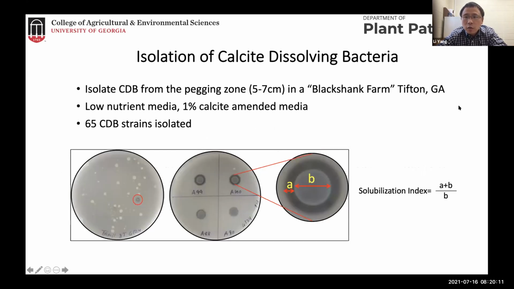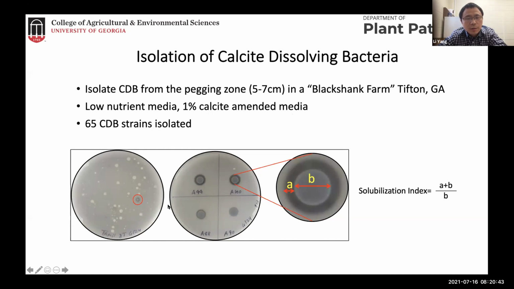To answer the first question, Alan Pepper, the graduate student working on this project, who gave a presentation two days ago, worked on packing zone soil from the experimental field called Black Shank Farm in Tifton, Georgia. He used a growth medium supplemented with 1% calcite and successfully isolated 65 strains of calcite dissolving bacteria. Here is an example of one calcite dissolving bacterium